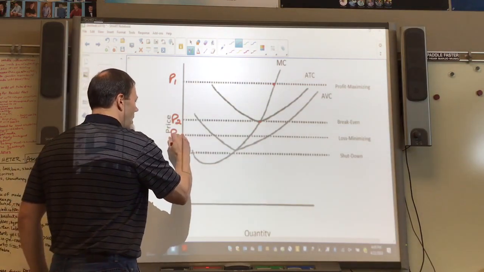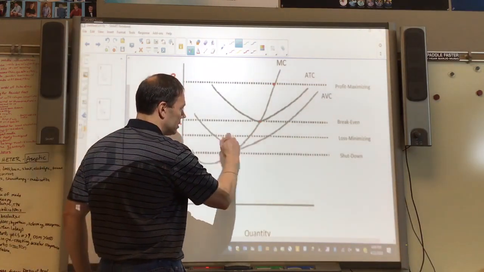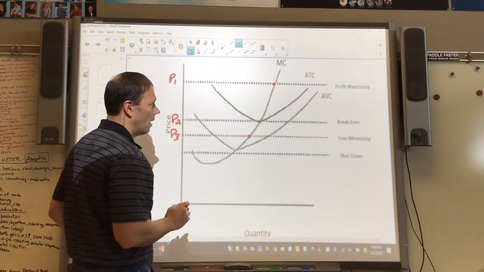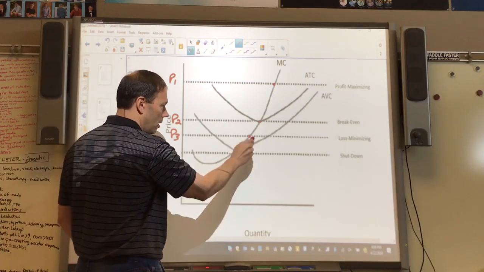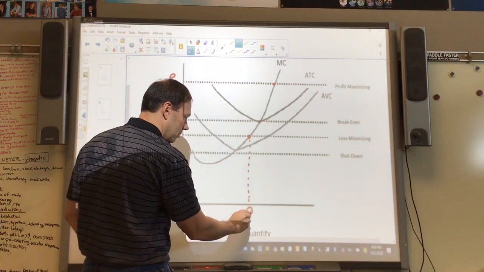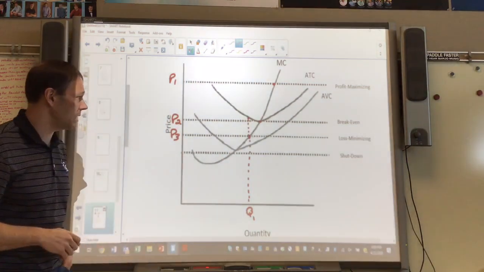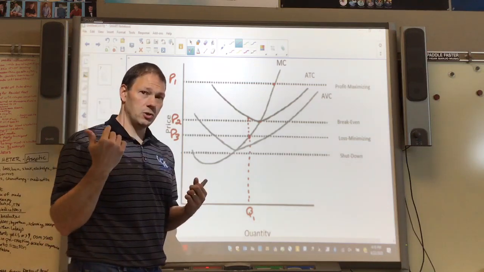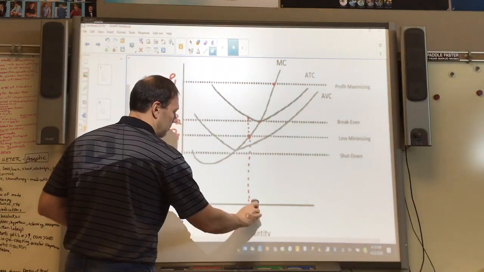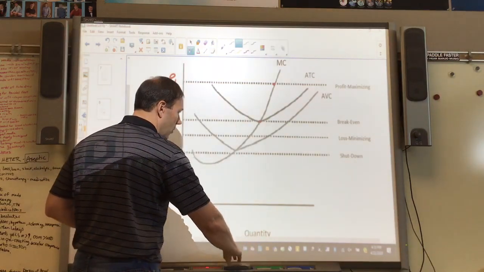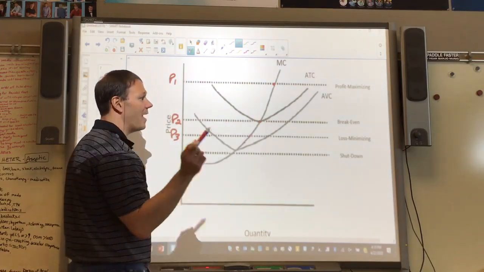All right, this third one, we can call it P3. This is what we call loss minimizing because, again, where this MR curve intersects MC is below your ATC at this quantity here. If I were to draw this down, just to make this look fancy, this quantity here is lower than the average total cost at that quantity. And so, if it costs you $10 to make a pizza, but you only sell them for $8, bad news, you're losing money. But here's the key, and we all know this, as long as your price is still above